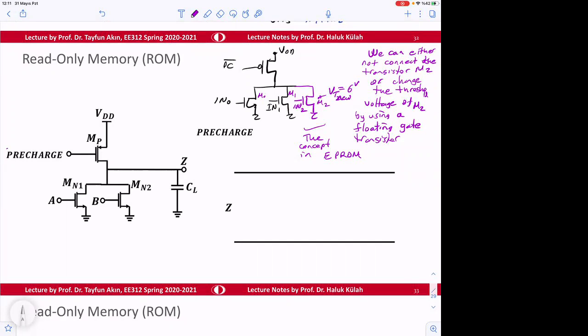So this should be pre-charge bar, by the way. Pre-charge bar is low. The pre-charge bar signal is going to be low initially, and then it goes to high, and then it goes to low. Okay, so here the output Z is going to be initially high,